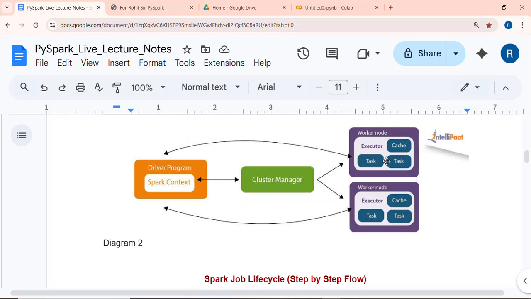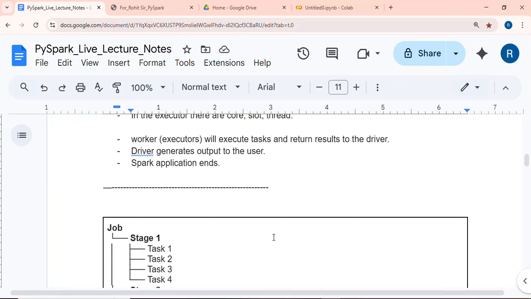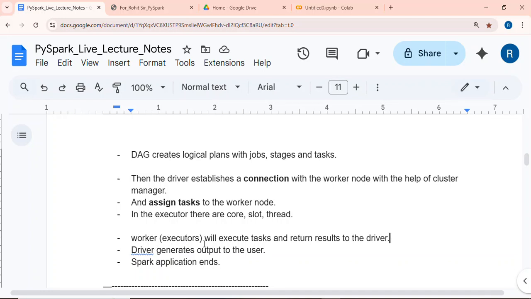जो भी टास्क ड्राइवर प्रोग्राम ने वर्कर नोड को असाइन किए हैं, वो टास्क वर्कर नोड एग्जीक्यूट करेगा। उसमें एग्जीक्यूटर रहता है, वो टास्क एग्जीक्यूट करता है, और जो भी रिजल्ट आएगा वो ड्राइवर प्रोग्राम को सेंड करता है। वर्कर और एग्जीक्यूटर्स विल एग्जीक्यूट द टास्क एंड रिटर्न रिजल्ट टू द ड्राइवर। और ड्राइवर generates output to the user।